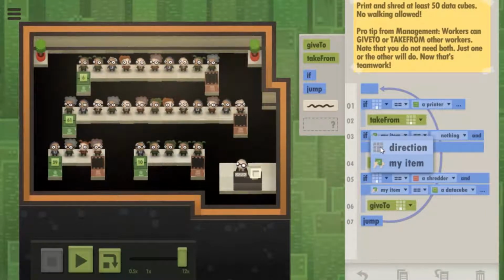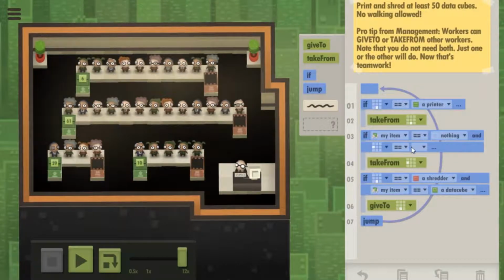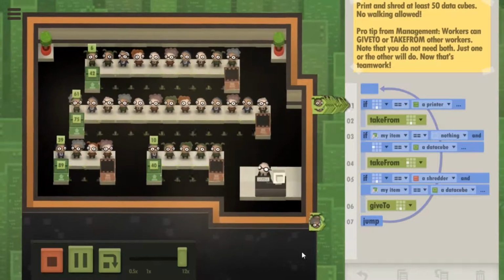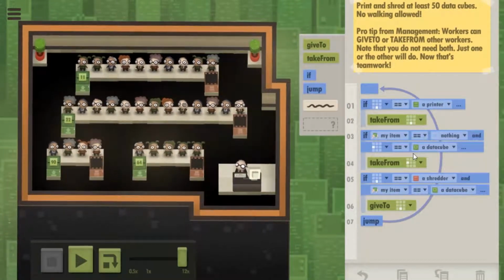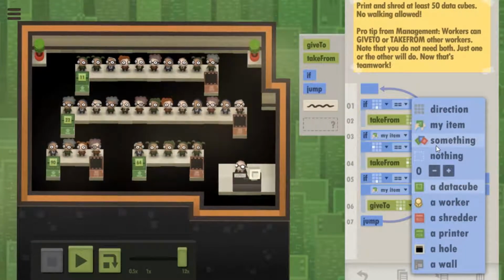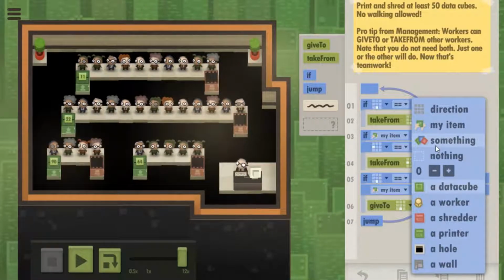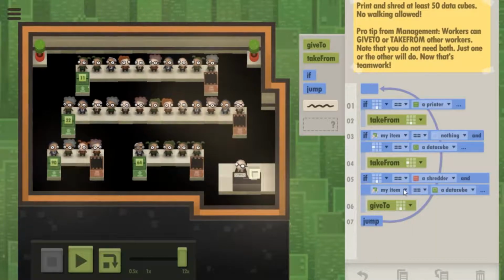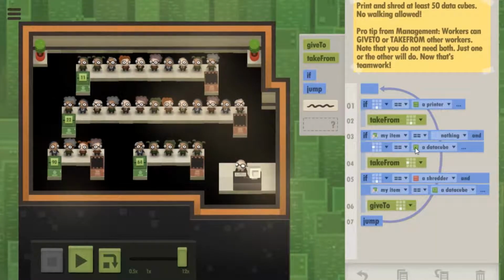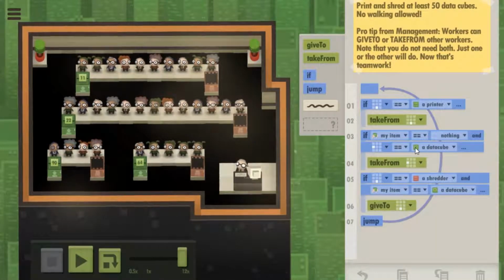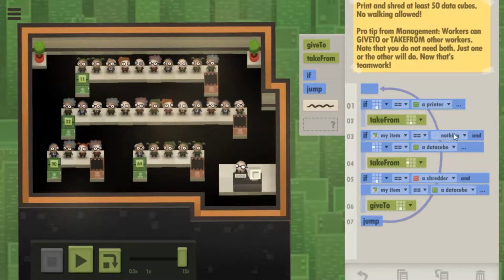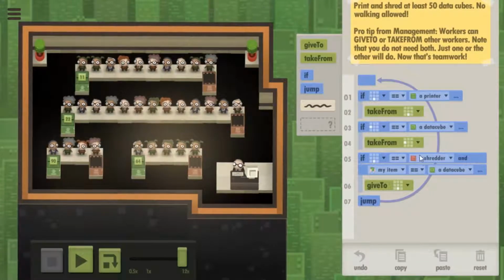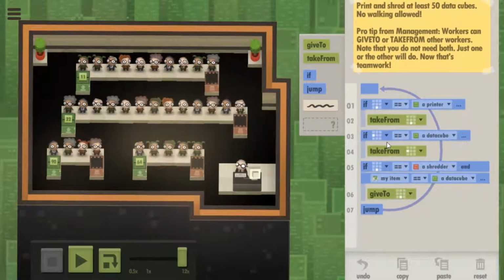Yeah. And then I guess similarly you could try that with... But it has to be a person with a data cube. Oh yeah, can you even check for that? I don't know. I mean, the other option is to give if you have a data cube. True. So let's just do that then. In fact, you could put that in the... no, the else would not be a more efficient way to do that.